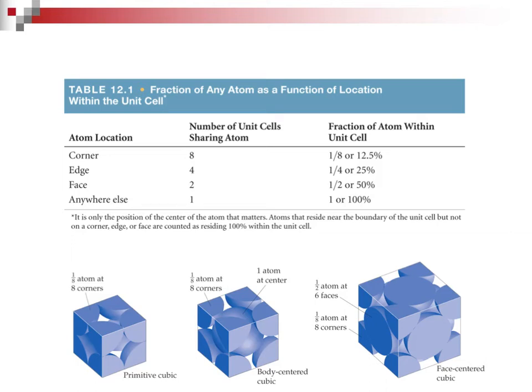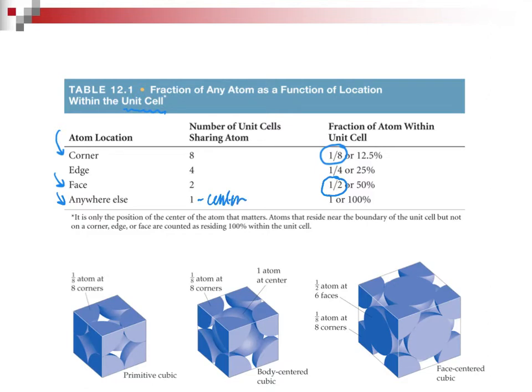I repeated this slide because it is the gist of what we want you to know. A unit cell is a cube, and we are looking only at cubic unit cells. We really want to make sure that you know if an atom is at a corner, 1/8 of it goes into the unit cell, if it's on the face, 1/2 is within the unit cell, and when they say anywhere else, that's usually in the center, and that would count for 1